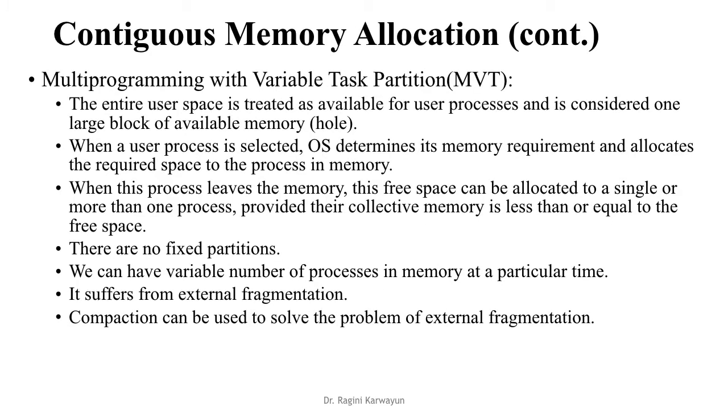In variable partitions, there are no fixed partitions, and if you have small processes, you can have more programs in memory at a particular time. If you have big programs, then you can have fewer programs in memory at a particular time. So there is no fixed bound on multiprogramming. Depending on the size, the entire space is allocated to the processes. So if a 1000K process leaves the memory, then this 1000K can accommodate another 1000K process, or two 500K processes, or five 200K processes. That depends on the requirement of each process and the free space available.